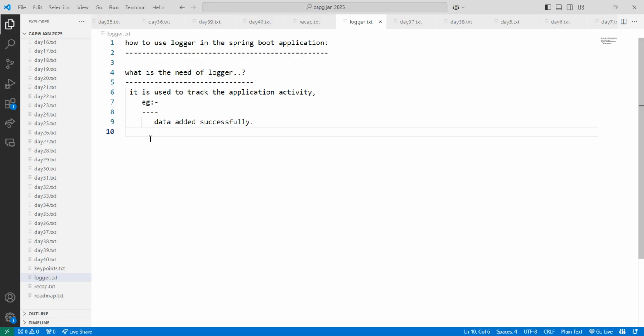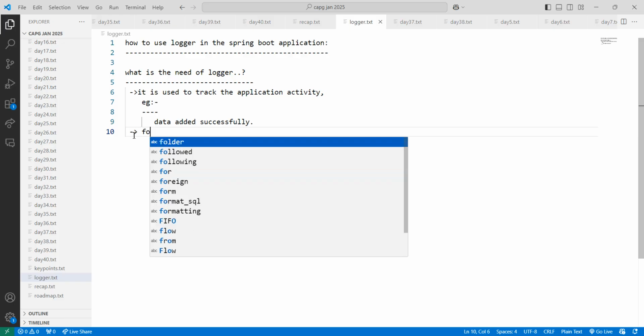Whenever you work in a project, instead of using a print statement, we can use Logger for debugging purposes also. We can track application activity for debugging.